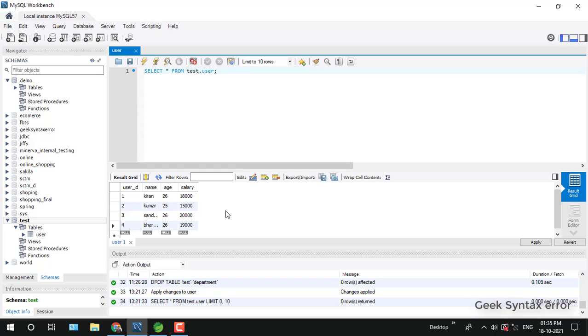So I added a few records to it. For example, I need to fetch a result in such a way that the salary of the user should be greater than 15,000 or greater than 18,000. Then I have to write an SQL query, right? Whatever query we have written, that is what we call a native query, and this query we need to execute in CRUD repository.